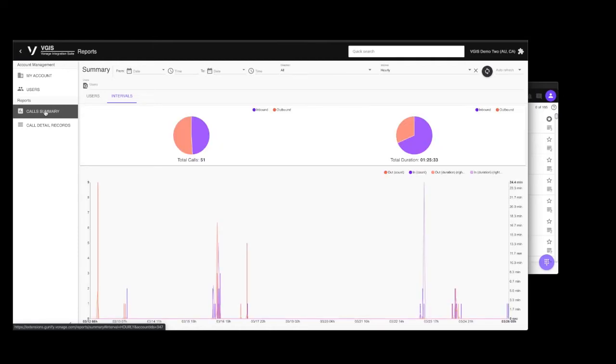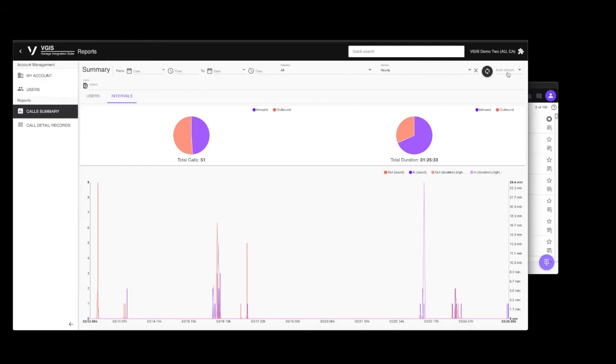This is going to show me the call metrics for all of the users that are using Zendesk integration on my system right now. So I can see my total inbound and outbound calls, as well as my total talk time inbound and outbound. Most importantly, it shows me my intervals by date, so I can actually see where my highs and lows for my call activity are, and that will also help me forecast my staffing so that I make sure I'm appropriately staffed at those busier times. I can customize the date and time ranges, as well as the direction and interval.